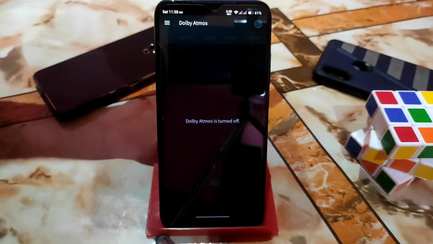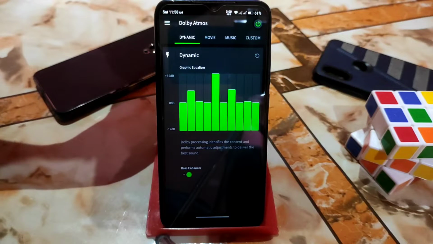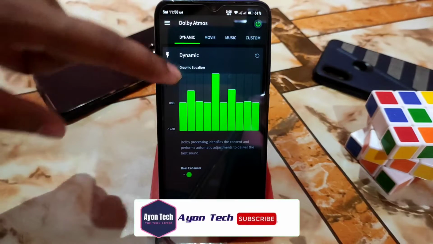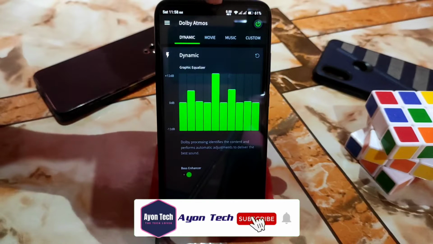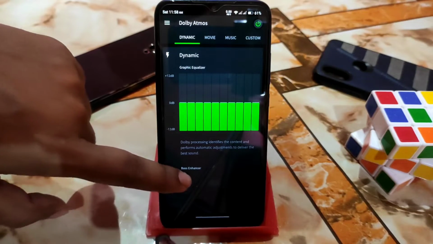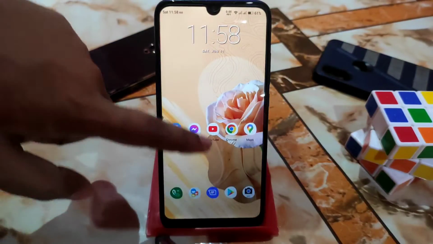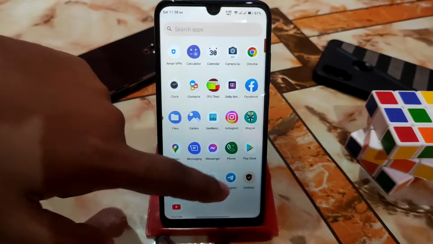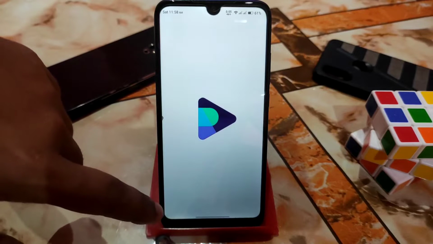Just click on that and it will be turned off. And if you want to turn it on, just click on that. So this is it. And if you want to reset your graphic equalizer, just click on the arrow, so you are good to go. And then of course let me show you, let me play music,